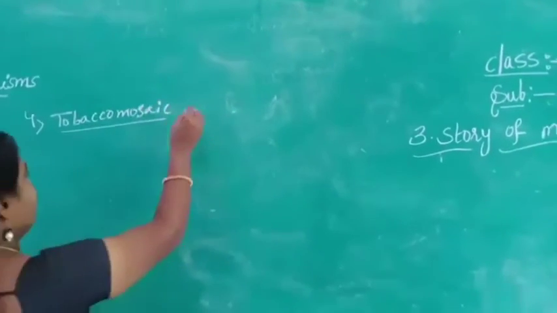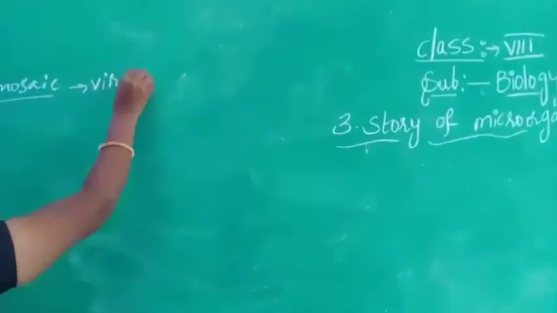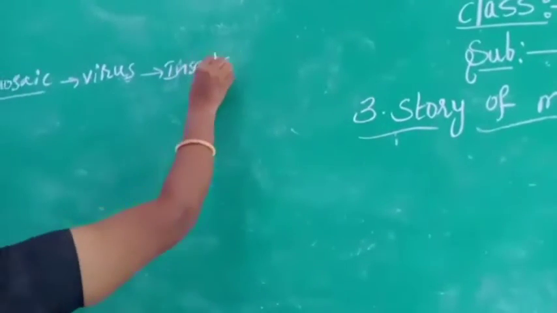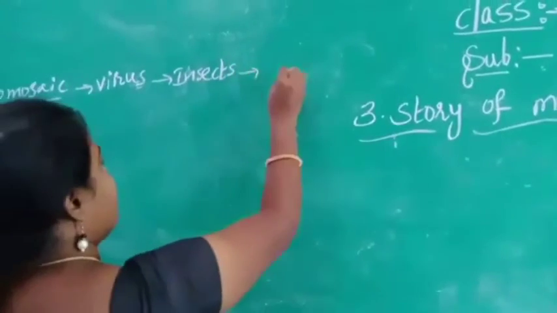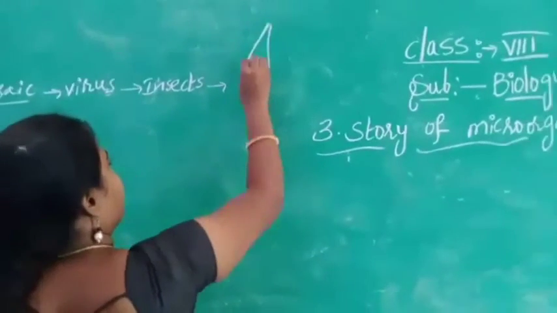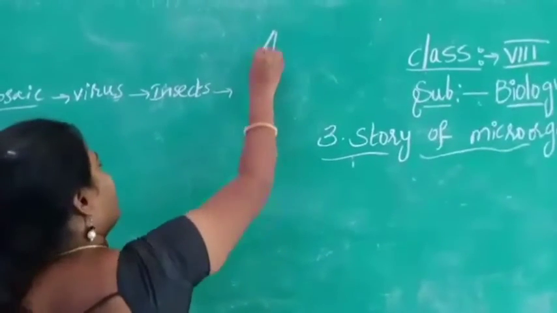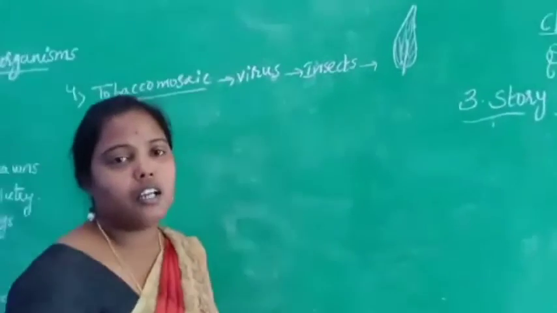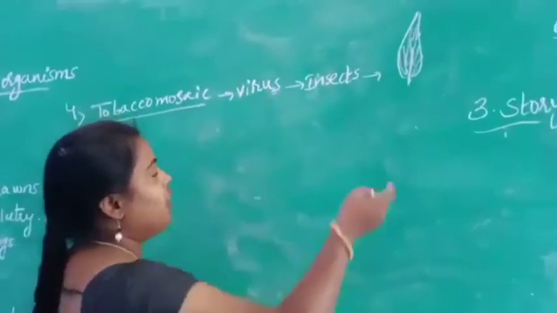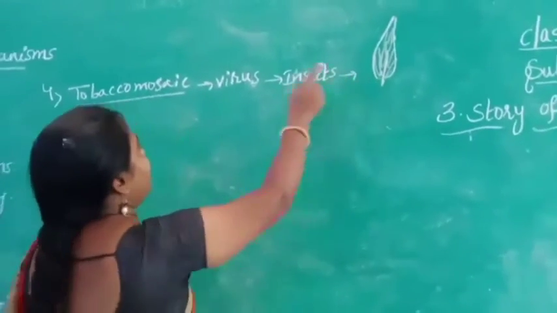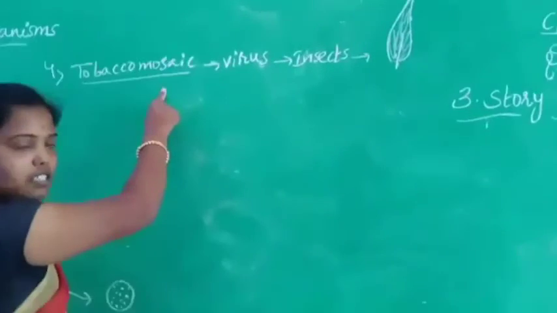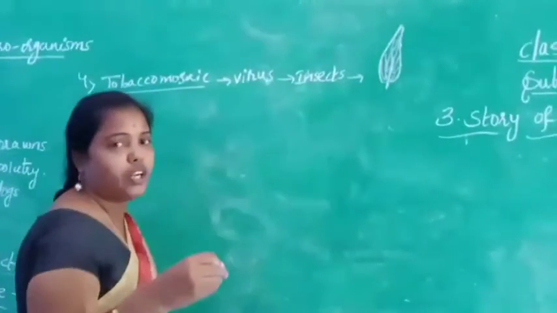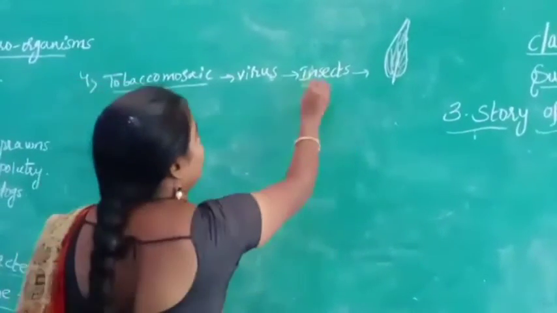This is a disease caused by a virus, which is transmitted through insects like mosquitoes and houseflies. We can observe some red or brown color lines on the tobacco plant. The red or brown lines or dots which appear on the tobacco plant leaf are nothing but tobacco mosaic disease, which is caused by a virus. The virus can spread from one place to another through insects.